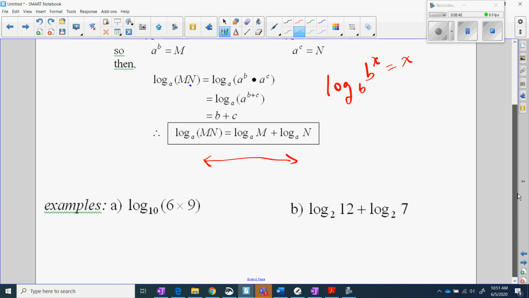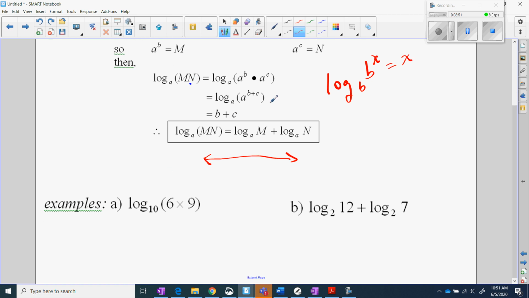We'll do more complicated ones a little bit later on, but this is just to show you what this means up here. So right here, I've got the log of a product, which means I can change it according to this law. I could write it as the log of 6. Notice the base is 10. Remember in the last video, we don't actually have to write it in there. If you don't put any base, it's assumed you mean 10. So I'm just going to leave it out. And then this would be plus the log of 9, because I had a single log, base 10, of a product. According to this, you can write it as two separate logs added together to the same base,